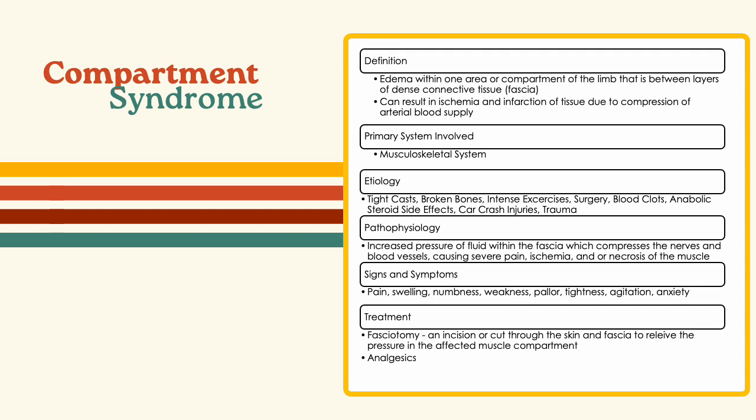As far as the treatment, you will get the cast either removed, or we may have to treat the actual extremity itself with a fasciotomy. This is where you cut the skin into the fascia of the muscle to help relieve the pressure in the area that is affected. Again, this is a condition of swelling, so by creating a cut, you then release the pressure of that swelling. You would have to have analgesia or pain control for this because that's a very significant